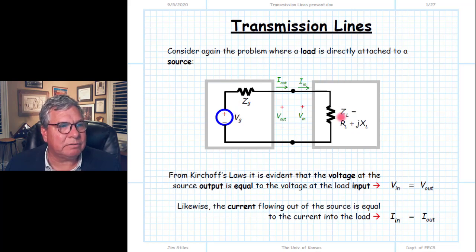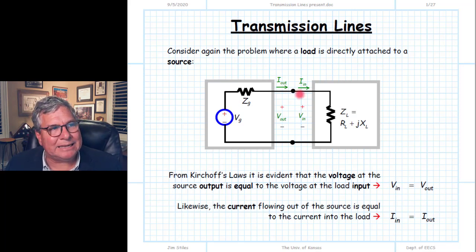And we've shown with these equivalent circuits we can correctly determine the current and voltage at this port plane, and of course from that determine the power, the rate of energy flow from one side to the other. Now we can change this slightly and talk about the voltage right here as being the output voltage from the source, and the voltage just on the other side of the port plane as being the input voltage to the load. Likewise, we can talk about the current just before the port plane coming out of the source as the output current from the source, and the current just on the other side of the port plane being the input